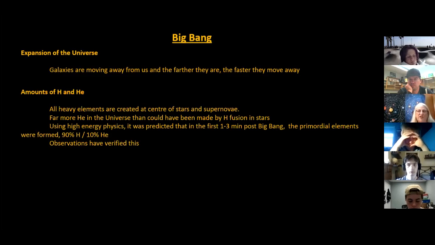We know that essentially all the heavy elements greater than helium are created by thermonuclear reactions at the center of stars and in stars that go supernovae. But there is far more helium in the universe than could have been created by hydrogen fusion in stars alone. So if our universe just started out with hydrogen, there's way too much helium that we see now that